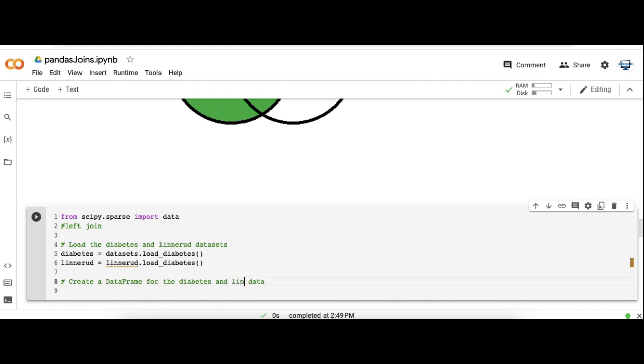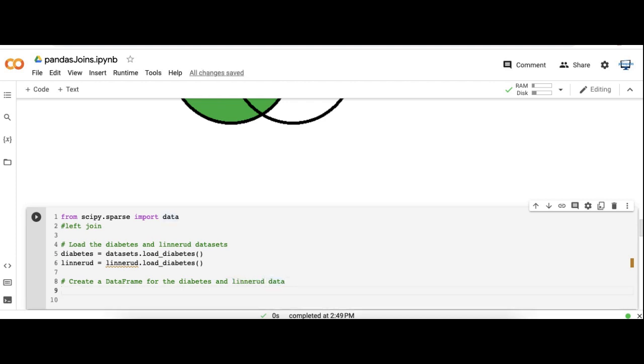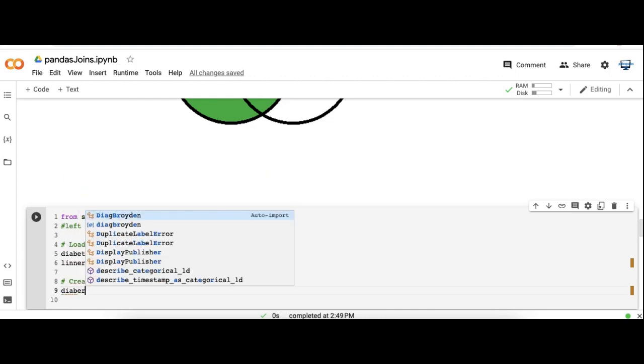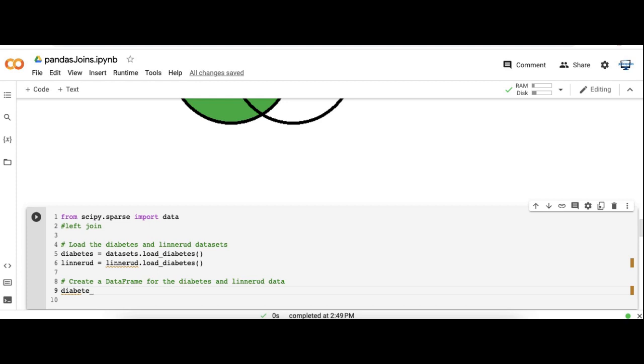So we're not using Boston, we're using Lineroot. And so I'm going to call them diabetes df equals the pd.DataFrame method,